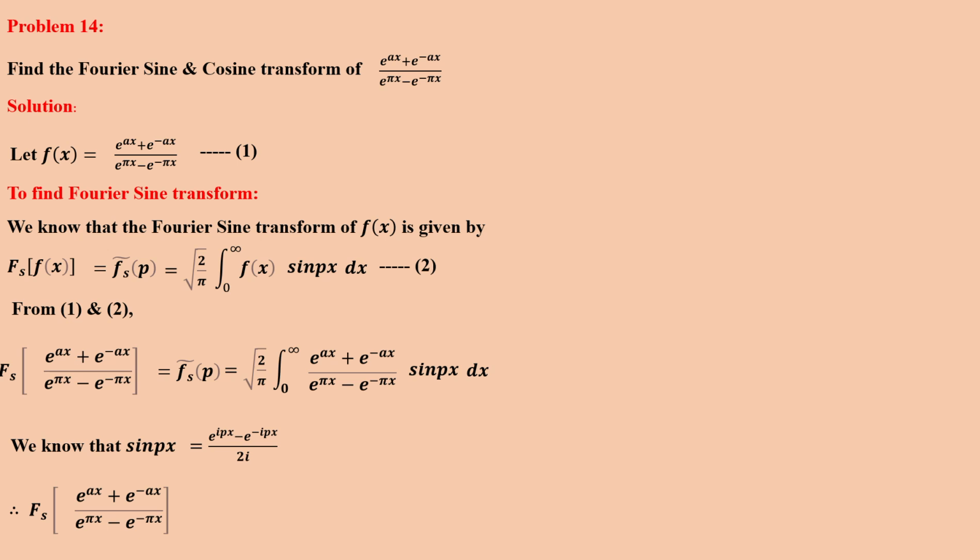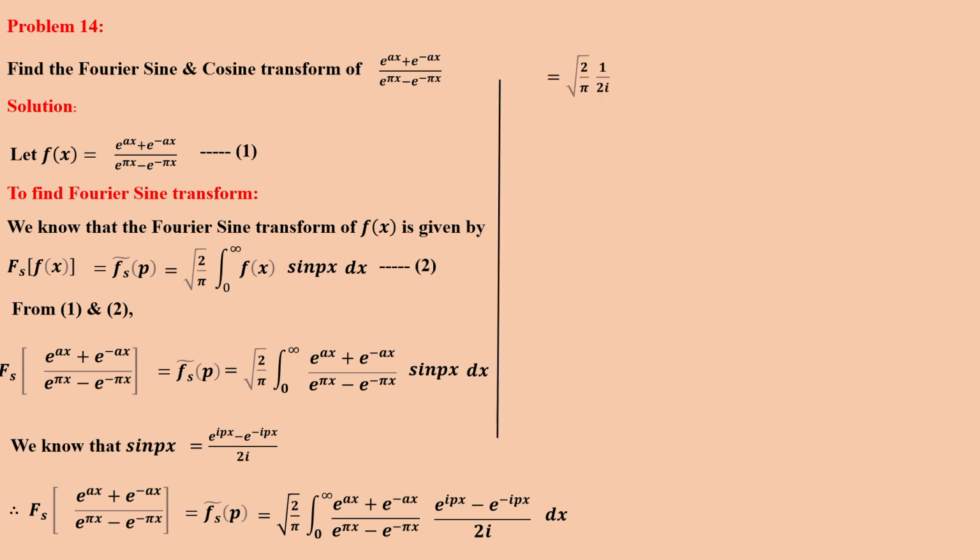Therefore the Fourier sine transformation of (e^(ax) + e^(−ax)) by (e^(πx) − e^(−πx)) is equal to root 2 divided by pi integral 0 to infinity (e^(ax) + e^(−ax)) by (e^(πx) − e^(−πx)). Instead of sin px, we are going to use (e^(ipx) − e^(−ipx)) by 2i into dx. Now taking that 1 by 2i outside, it is equal to root 2 divided by pi, 1 by 2i,